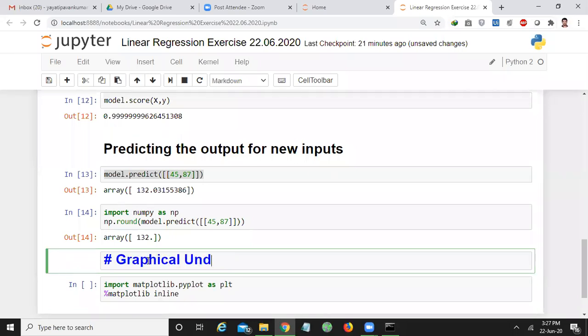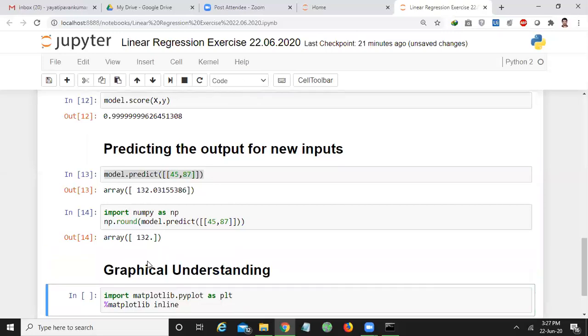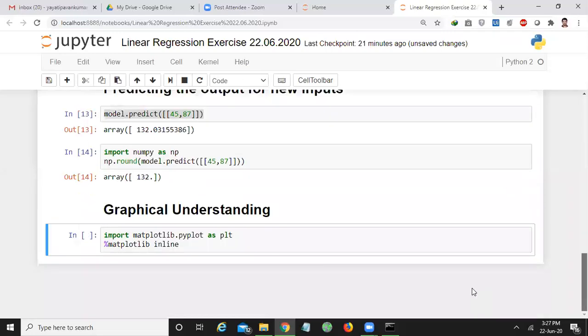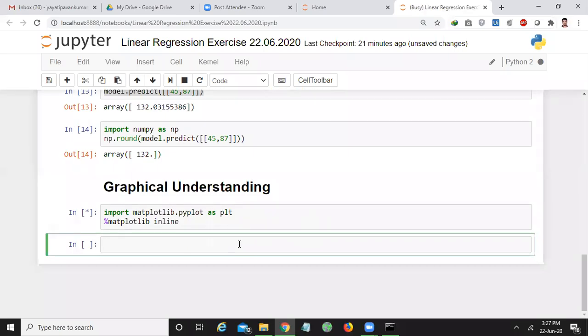For that, I am importing the matplotlib package, import matplotlib.pyplot as plt, and %matplotlib inline. Inline means it won't display the graph in a separate window. It will display the graph in your notebook itself. That is the meaning of inline.